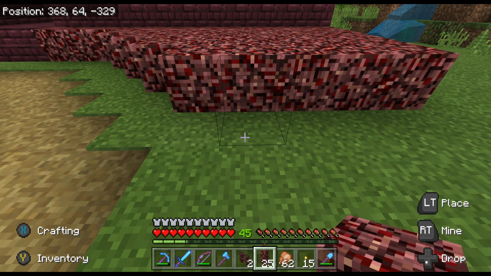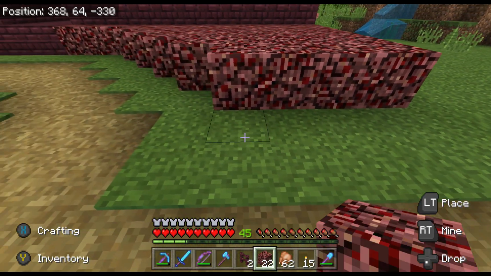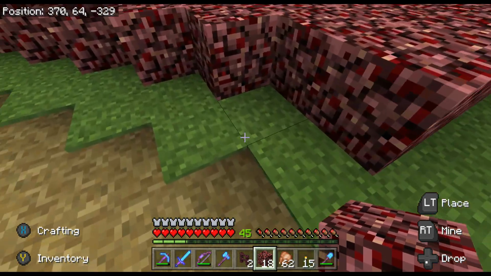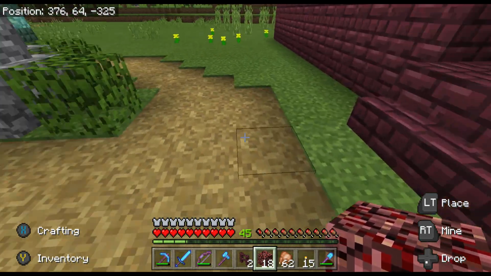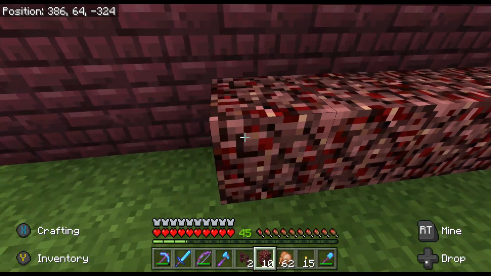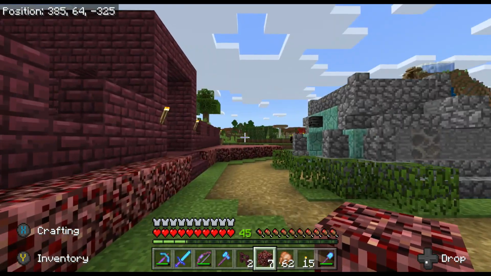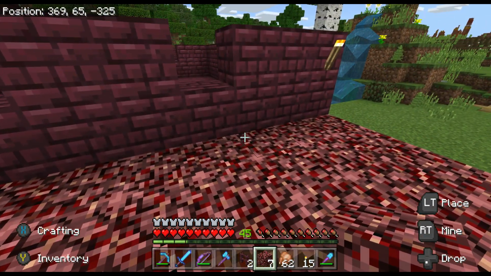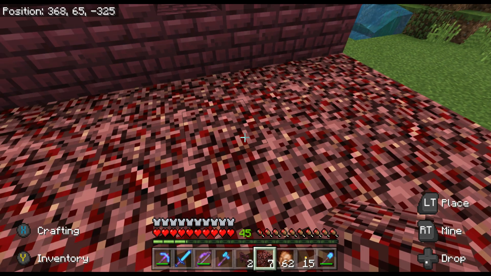Something like this, I'm thinking. That way we still have a grass border between the zoo or the aquarium and the Nether Fortress. But yeah, I think that's, I can even